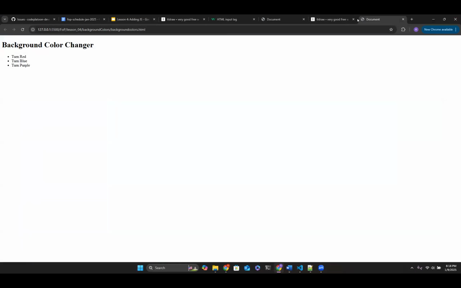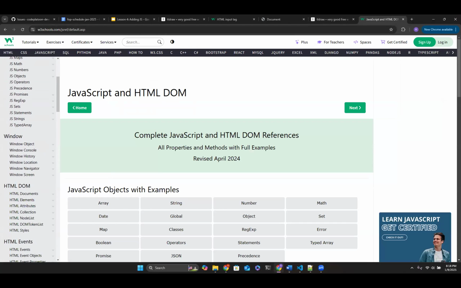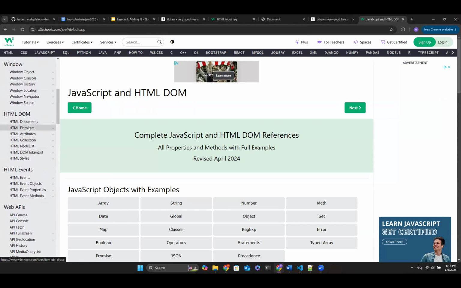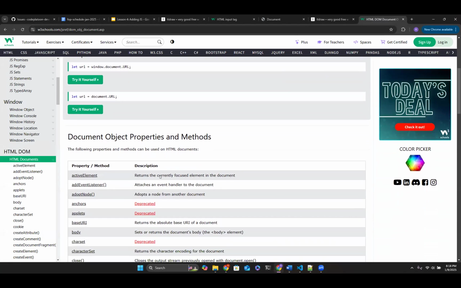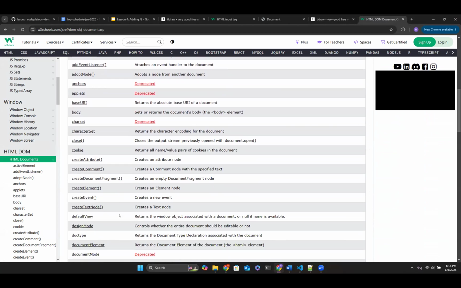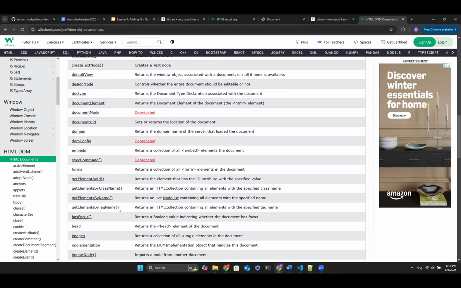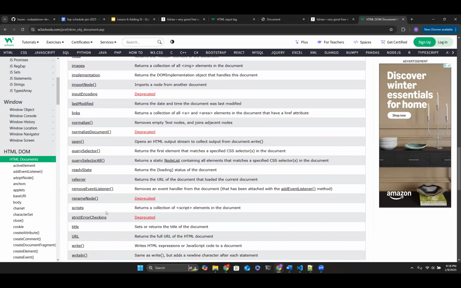And if you want to learn more about the methods, once again, you can look up at W3 Schools. You can go to the HTML DOM, and HTML DOM is going to have that for you. Right, and it has a bunch of different methods of manipulating the DOM, but we're only going to use a handful to give you a good idea of how this works.